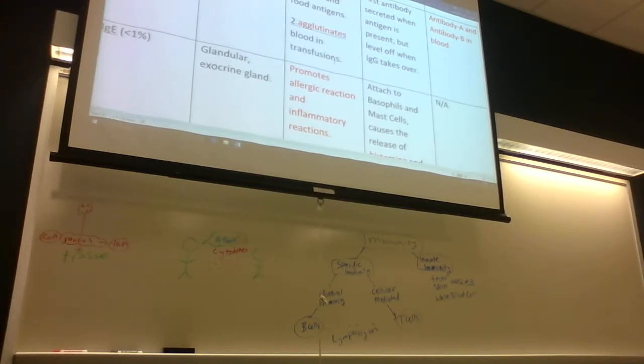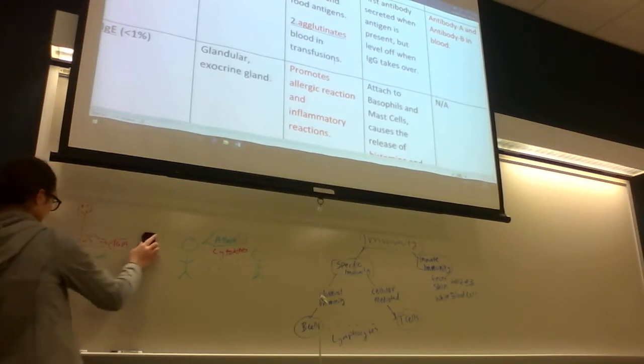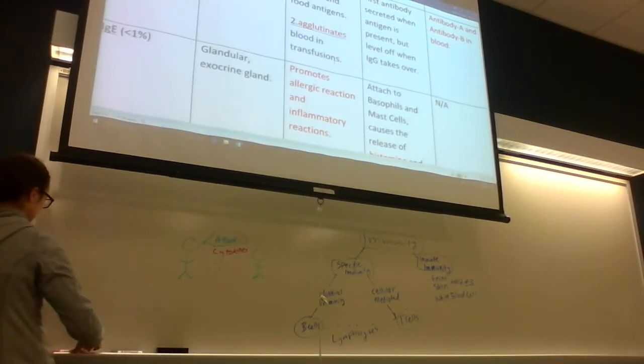So we talked about IgG, which was really an issue for Rh negative antibodies on the red blood cell. If the mom has Rh negative and the baby's Rh positive, that's an issue with IgG. With IgM, though, this is an issue with blood transfusion. So you just say I'm type A and I get type B blood. Well, what's going to happen is I'm going to have a transfusion reaction. So with IgM, if you're type A, say your blood is type A,